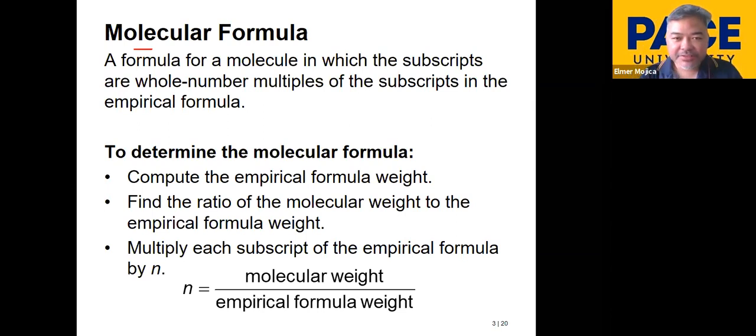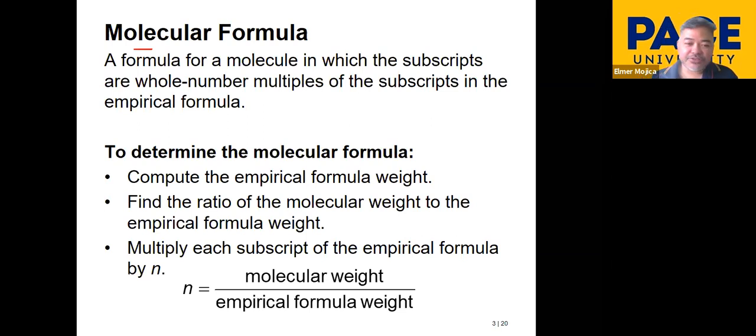Now, the molecular formula, that's the formula of a given molecule, and it is usually whole number multiples of the subscript of the empirical formula. So whatever is the empirical formula, you just multiply it with a number and it will give you the molecular